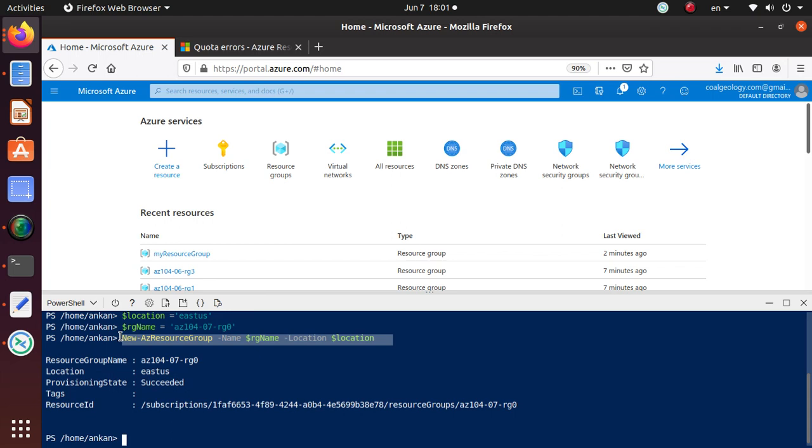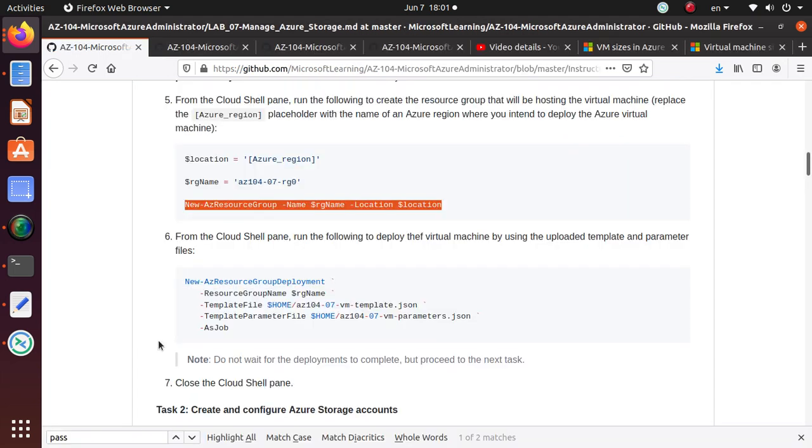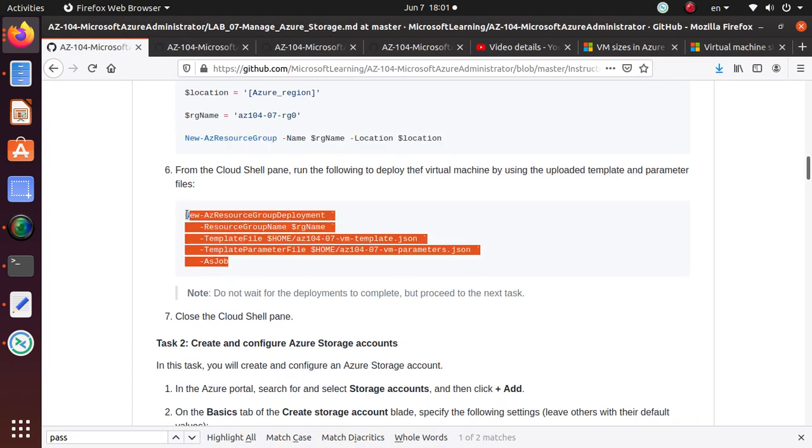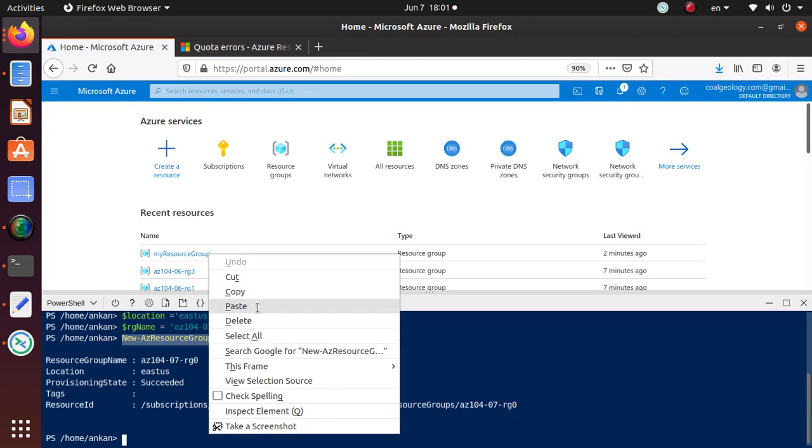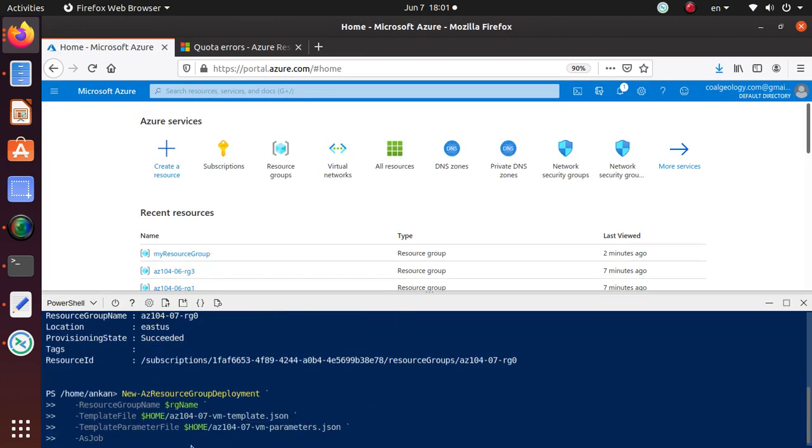I really like it, and the resource group is now available to me, and once this is available, I can deploy this environment. To do that, if you look at it, it's a New-AzResourceGroupDeployment, and you're just saying under which resource group. That is the resource group that we have set, which will be this one.